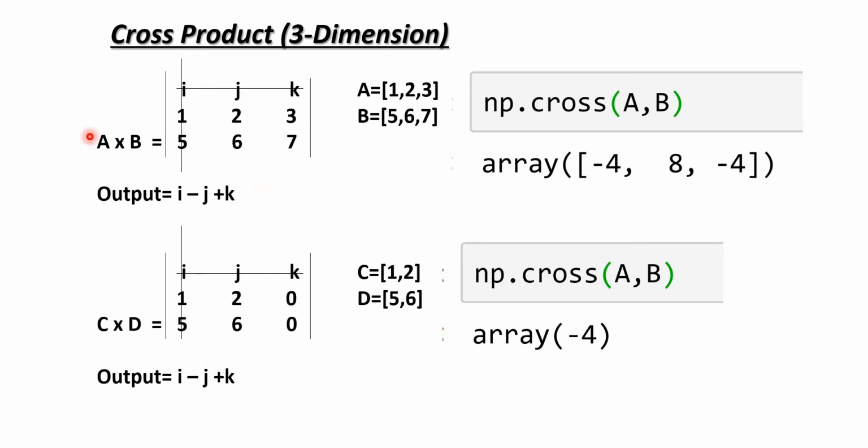So first, that is A cross B, the cross matrix. This is the first dimension, second dimension, third dimension, that is the three-dimensional matrix we have now, and we need to do the cross product of this matrix. The A element is 1 2 3, as you can see over here, and the B element is 5 6 7. Let's say we have these two arrays, and we are going to do the matrix cross product between these two.